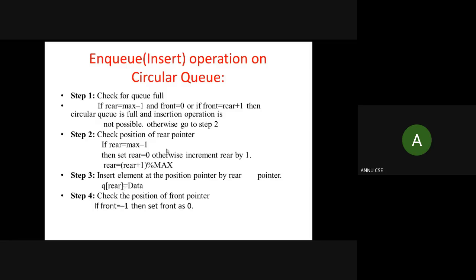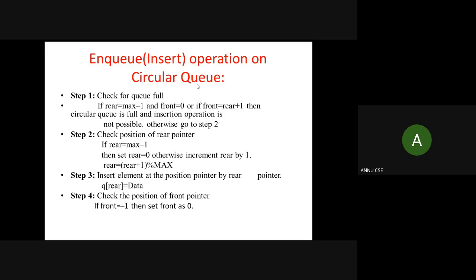The first step, whenever we are performing insertion in any kind of data structure, you need to be careful about checking the overflow condition. So again, here we are checking the overflow condition because we are performing the insertion operation.